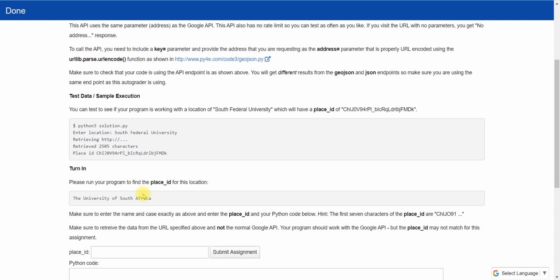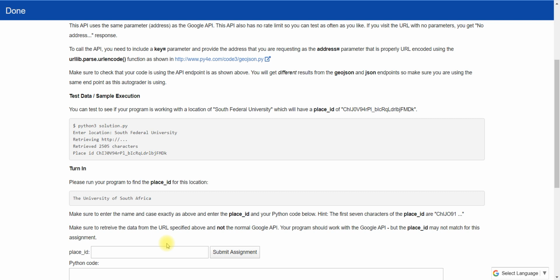For this you have to find the place ID from the given database. Make sure to enter the name using the case exactly as above, and enter the place ID and your program code below. The hint is that the first 7 characters of your place ID start with CSIJO91.